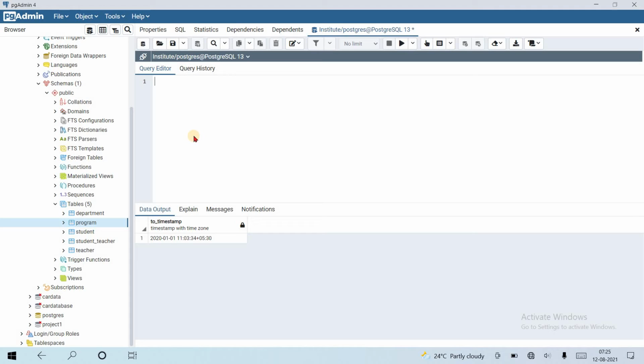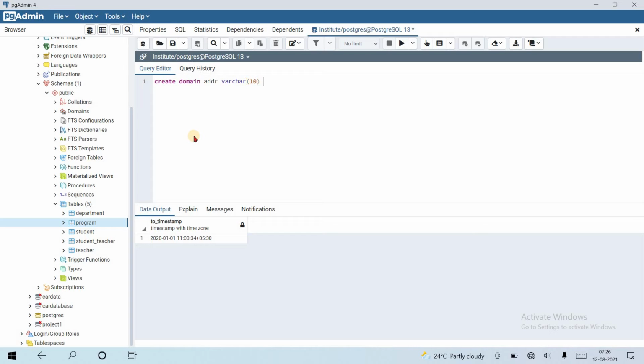Okay, let's see with the help of an example. Suppose we create one domain, create domain ADDR address varchar 10.